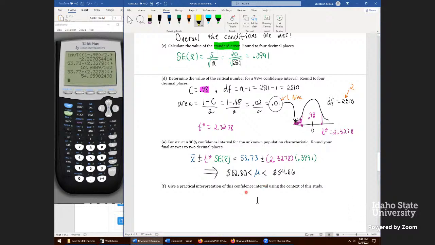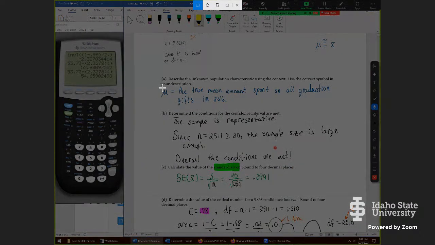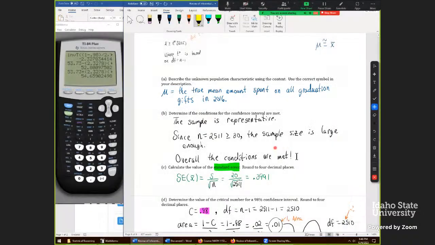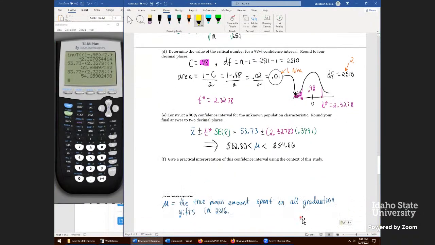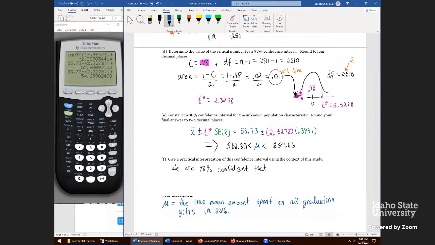Okay, standard thing we always do is look to the top of the problem. On a real exam, you don't have to scroll, but technology has its limits. You just need this, really. And we can now say, first, don't forget we have to specify our confidence level. So let's begin by saying we are 98% confident. We are 98% confident that, let's convert to describing mu, the thing in the middle, the true mean amount spent